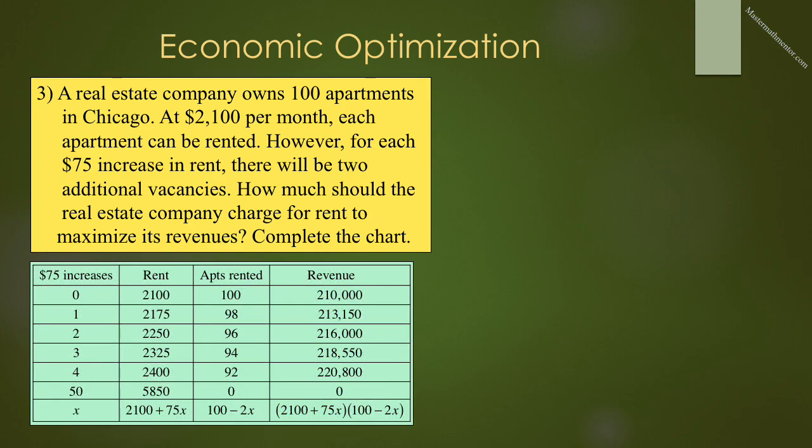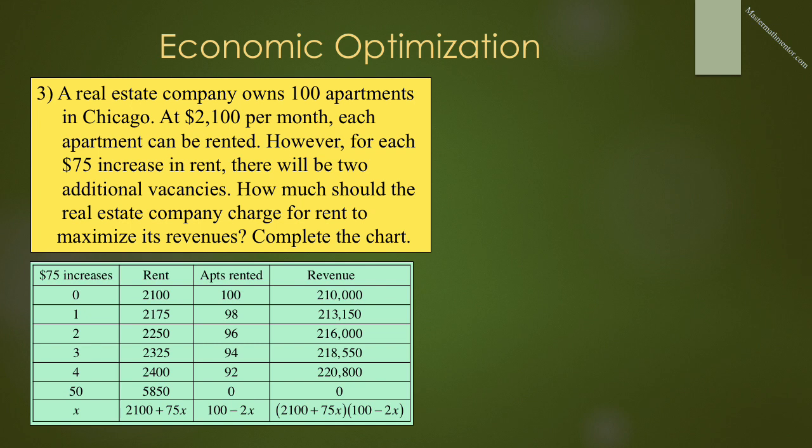Students who have never seen a problem of this nature frequently are at a loss of how to begin. The chart method really brings the problem into focus. We have several columns: $75 increases, rent, apartments rented, and revenue. Suppose we have no $75 increases. That means that the rent will be $2,100 and they will rent all 100 apartments, making the revenue